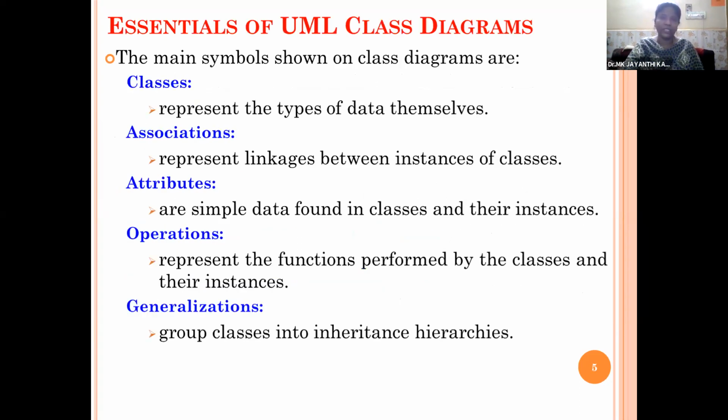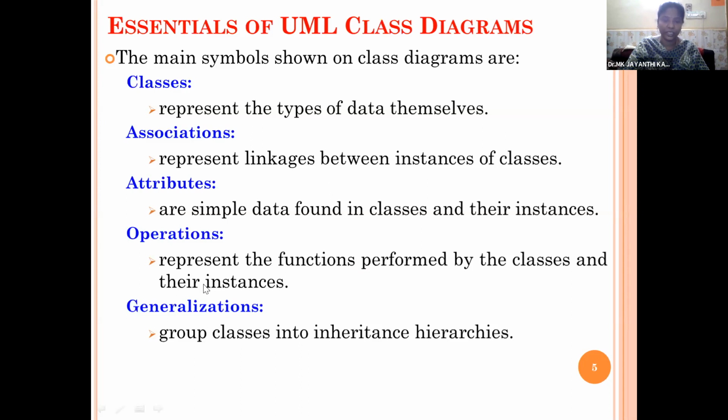So if you take the essentials of UML class diagram, we know very well classes are abstract description of our data structure. Every class is a main symbol shown in the class diagram. In classes we'll have associations, attributes, operations, and generalizations.